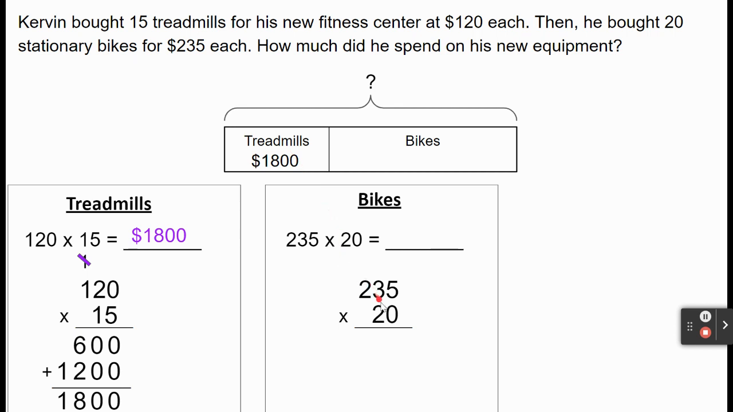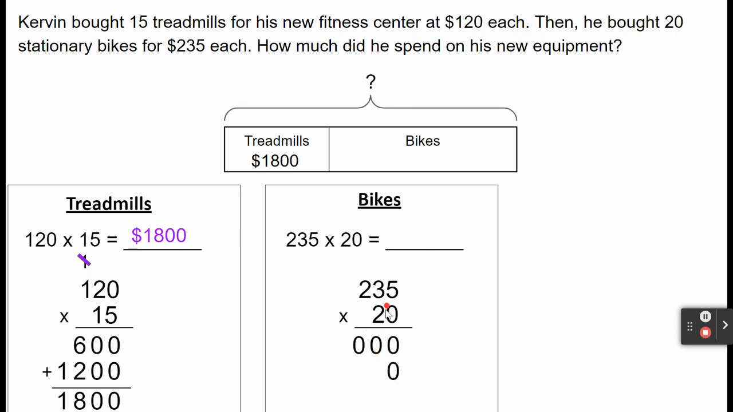First, we're going to multiply 0 times 5, which is 0. Now we can multiply 0 times 3, which is 0, and 0 times 2, which is 0. So 235 times 0 is 0. Now let's multiply 235 times 20, since the 2 is in the tens place. First, we're going to place a 0 in the ones place, so that way our answer will start in the